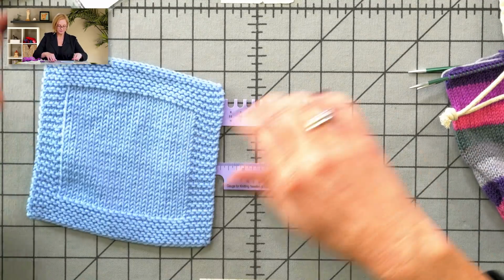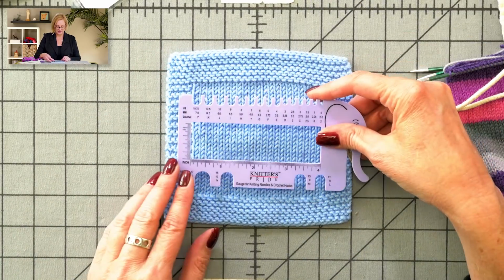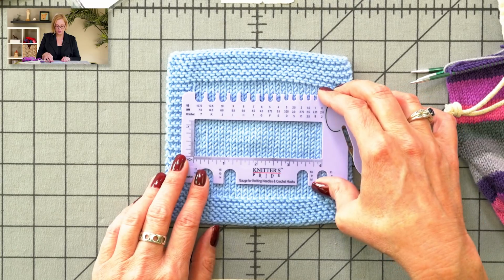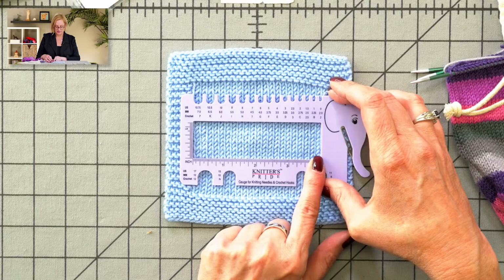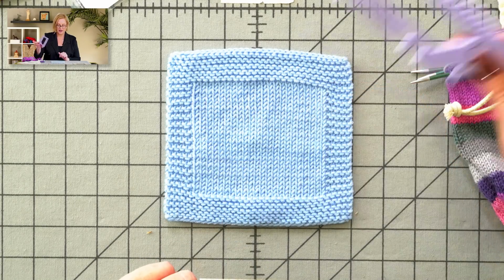And the other exciting thing about it is that this is a 4-inch cutout. So to check your gauge after you've knit a 4-inch swatch, you just set this over it and check to make sure your gauge is on. And that said, I have another one